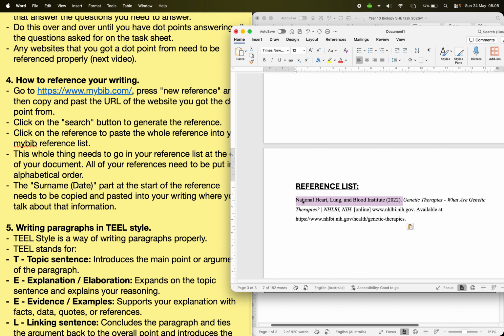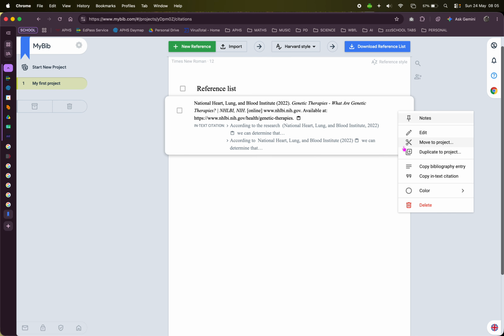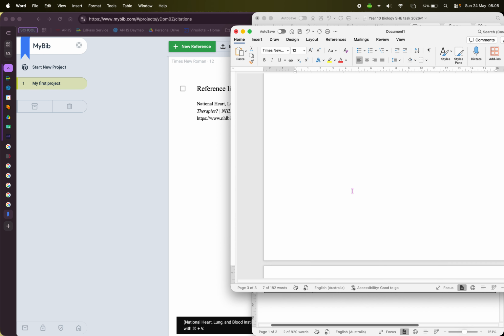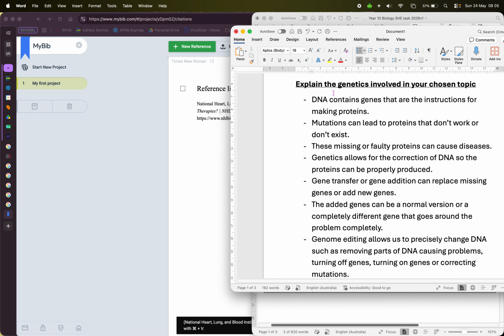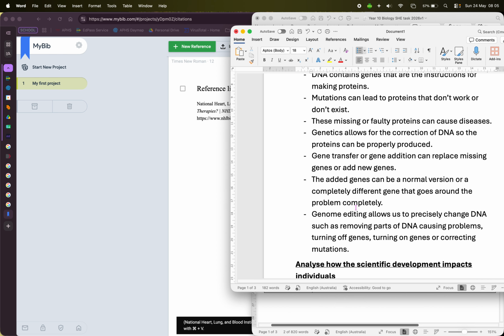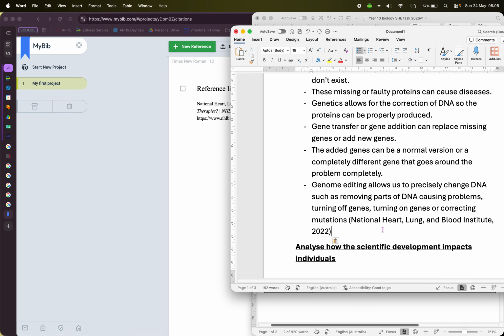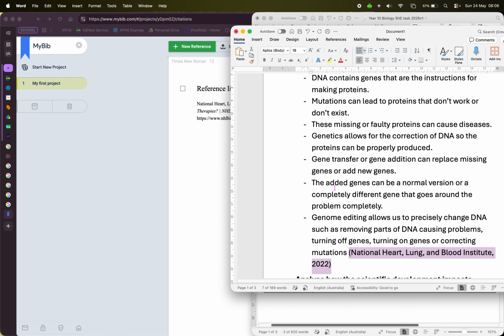Now, mybib lets you automatically do that. Let's see if it does. If you go here, instead of copy bibliography entry, you go copy in-text citation. And so in my document, let's see if it does it properly. Let's say this is going to be my paragraph where I used all that information for that particular website. I'm going to go, I just used that info, and I'm going to go paste and match formatting. There, that is called an in-text reference that gives credit to all of this dot point information that I gathered